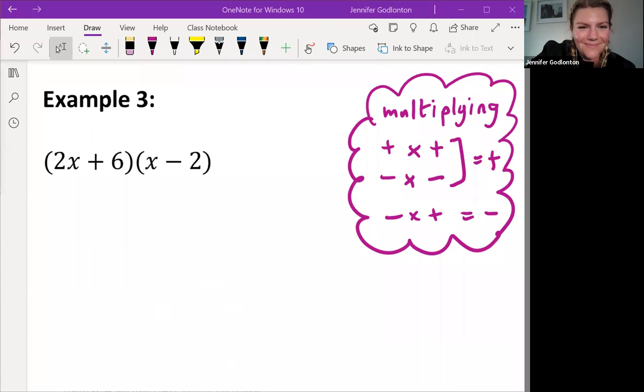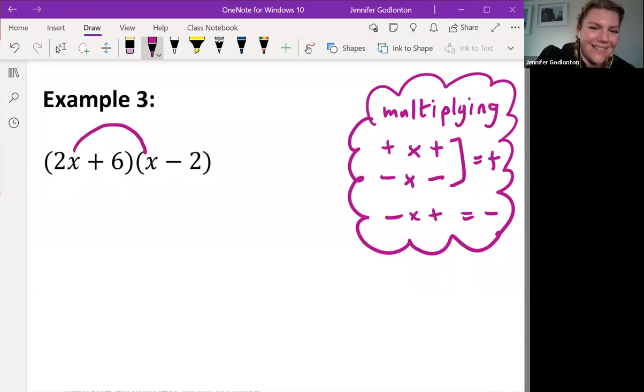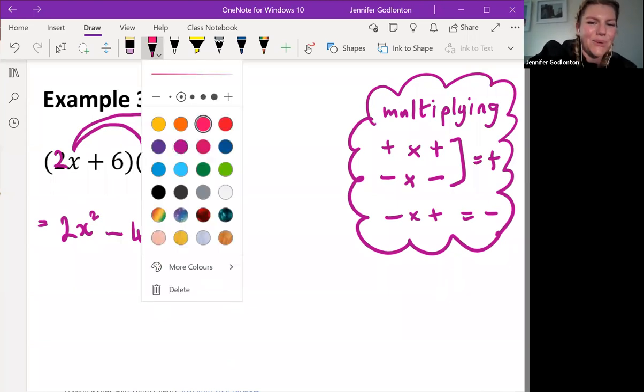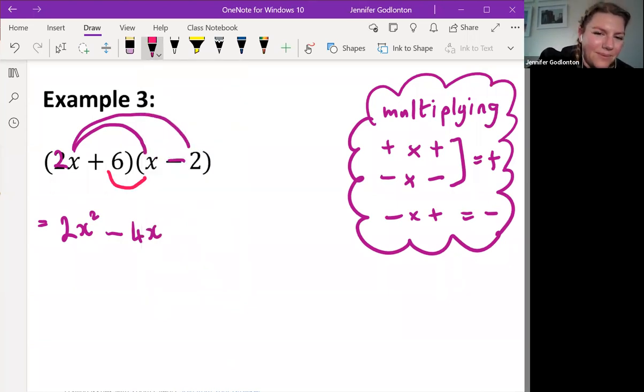I haven't finished the equation, but then can I try? So 2x squared minus 4x. Okay, wait. Let's just go through it slowly. So 2x times x gives us 2x squared. 2x times negative 2 gives us 4x, right? What's my sign going to be? 4x squared. I mean, I like the 4x, but what's the sign? Is it going to be positive or negative? Oh, is it a negative? It's a negative. So just be careful. So we have a positive multiplied by a negative, which is why it's going to be negative. Okay. All right, cool. Then take our next one in. Then our next one will be